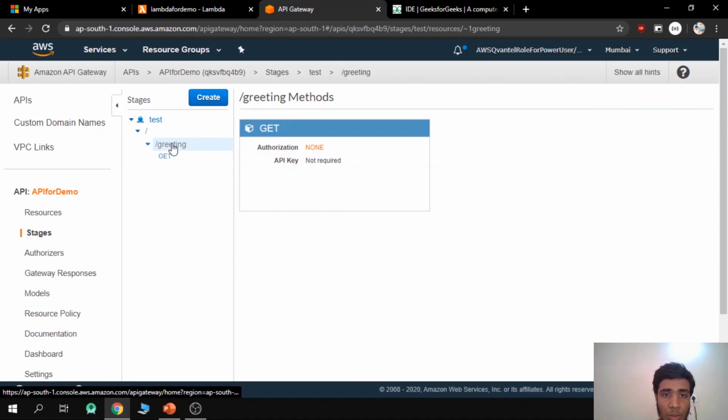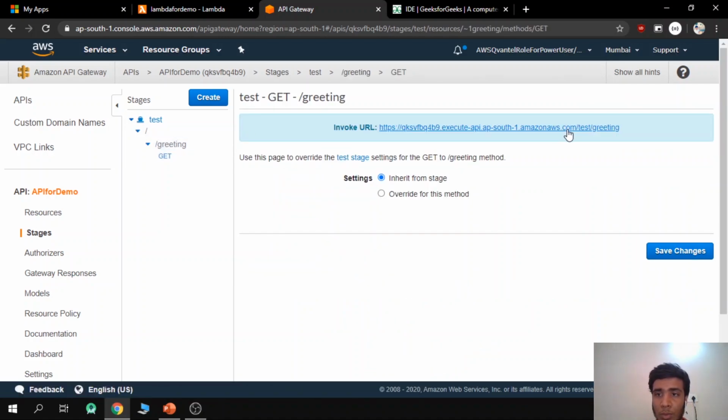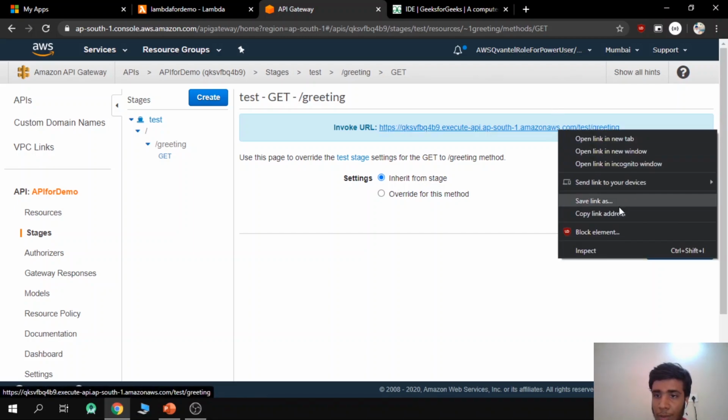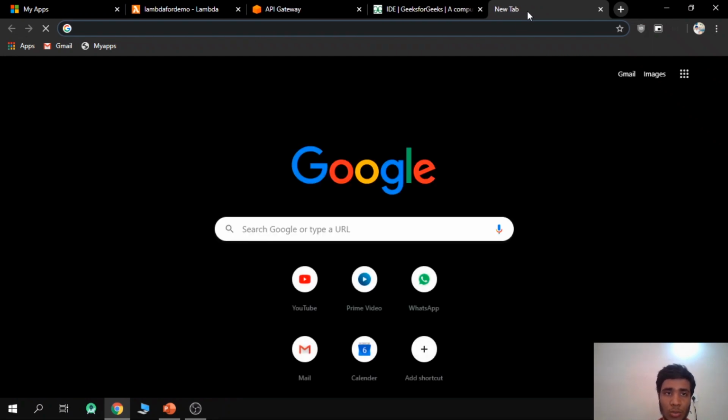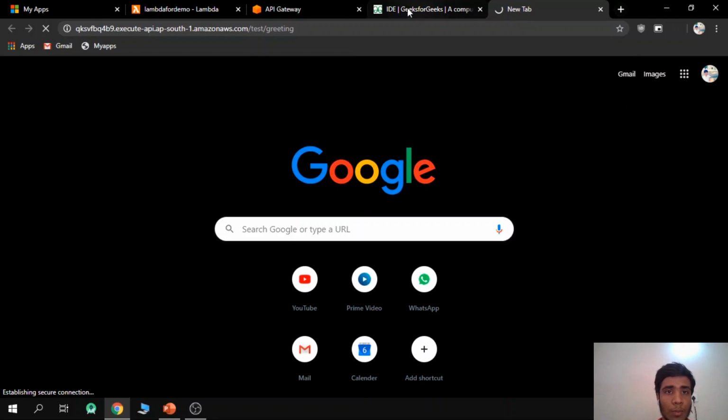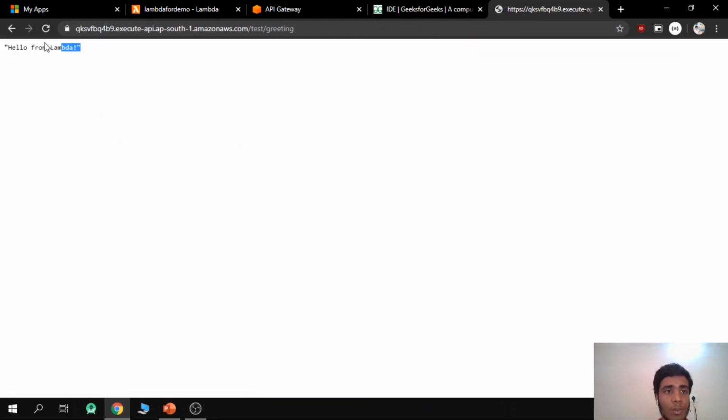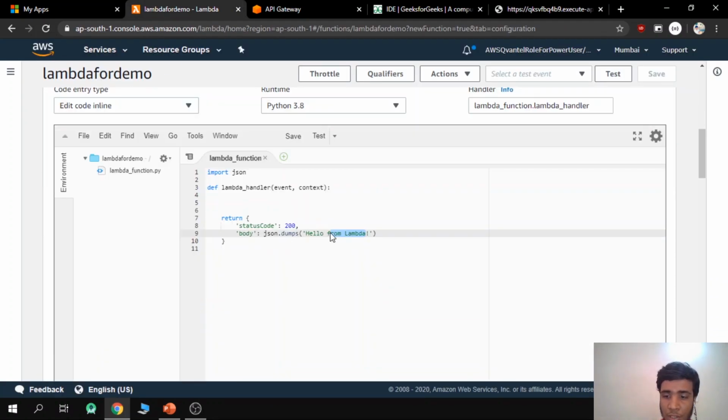So this is our path, and copy this link address. You can use clients like Postman and all, but I'm using the browser directly. So when I say test, that's it. See, you can see the answer. You can see the request being passed to the Lambda function, and the Lambda returned a message called "hello from Lambda". You see that if you change this, automatically the thing also modifies here.